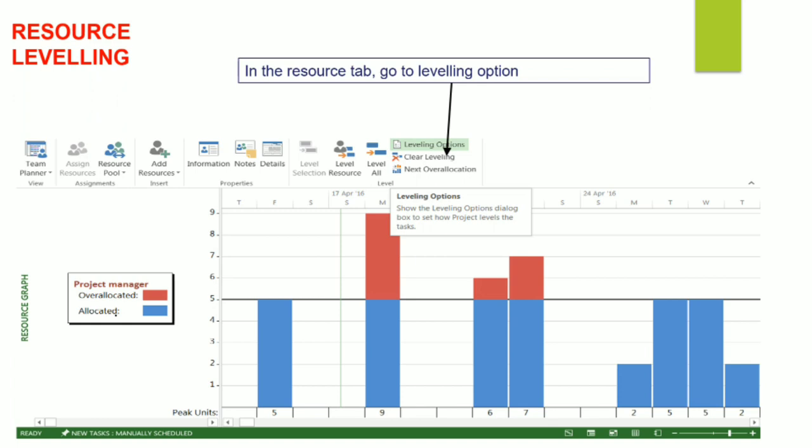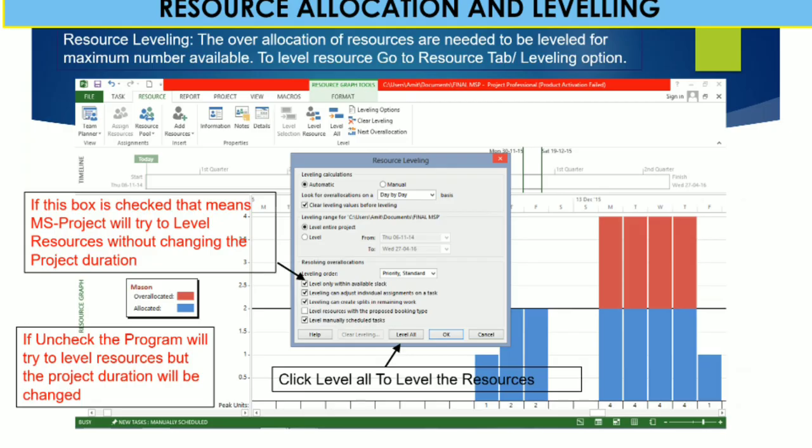Here you can click on the leveling option, which shows the leveling options dialog box to set the project levels at a particular task. In resource leveling, the over allocation of resources needs to be leveled for the maximum number available. For project manager we have 5 project managers at our site or project location.